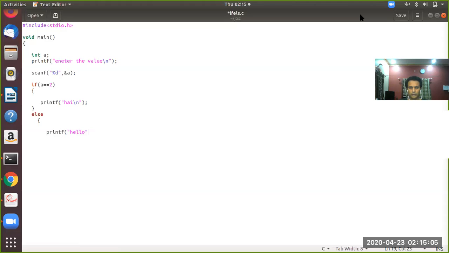So please observe this, students. If the if block becomes true, then it will execute hi. Otherwise, it will execute hello. So I will add getchar to make the output that is displayed stand still until we press a key on the keyboard. So this is fine.